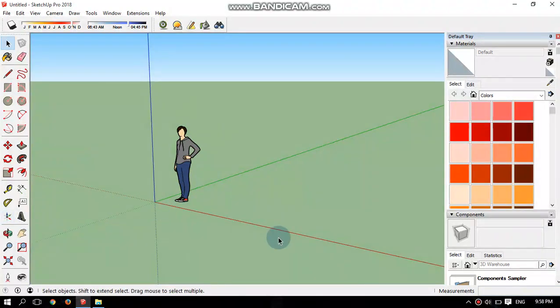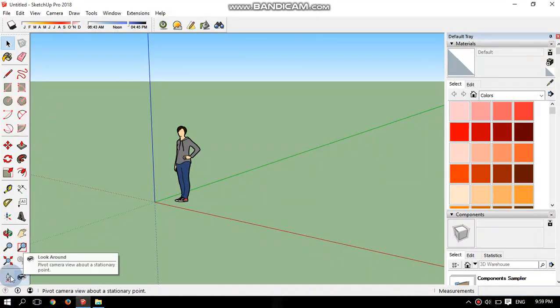This is axis. If you have to move this axis here and there, then you can use this. This is 3D text. If you have to give names on your bungalow or anything, you can use the same. This is orbit. If you have to change the orbit, then you can use this tool. Then pan. If you have to move the screen here and there, then you have to use pan. Zoom. If you have to zoom in or zoom out. Zoom window. You have to select the window and the camera shows everything in that window. Zoom extents, if you are lost in zoom, then by clicking this it zooms to the extent.